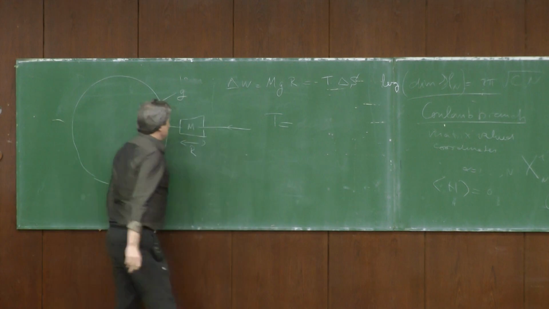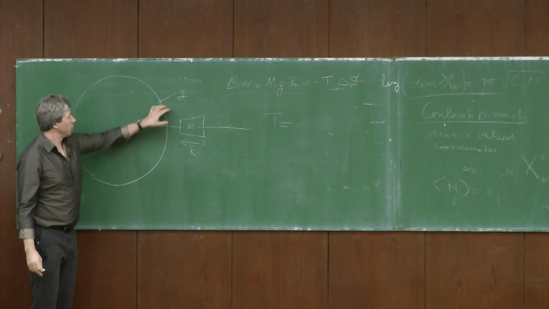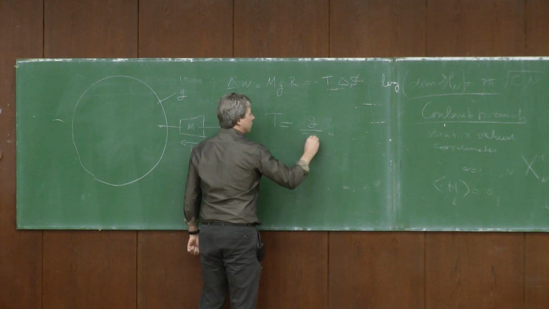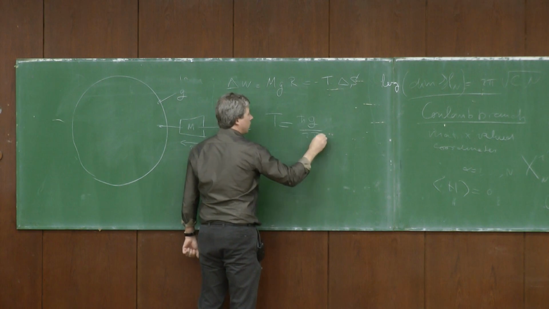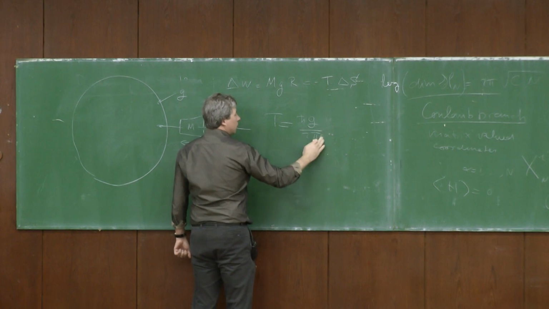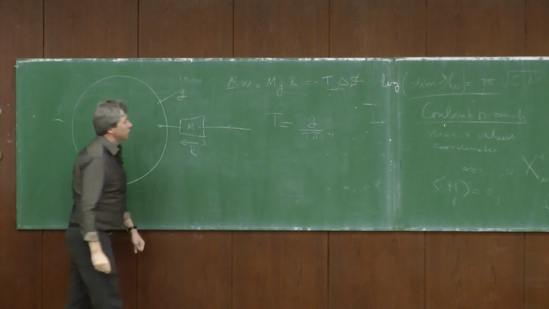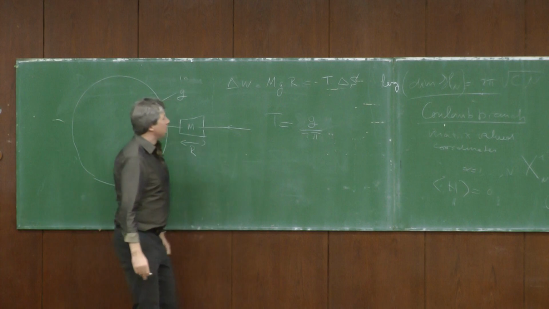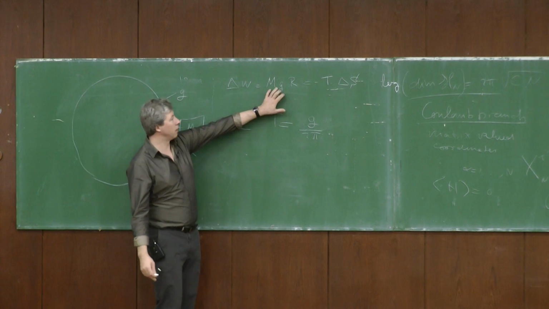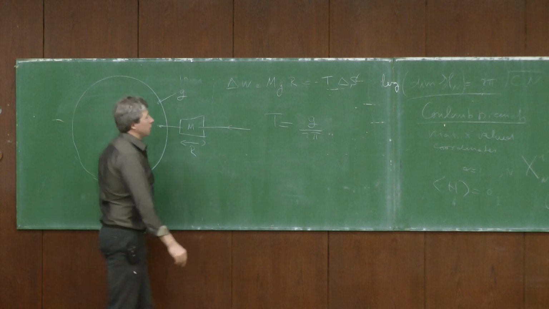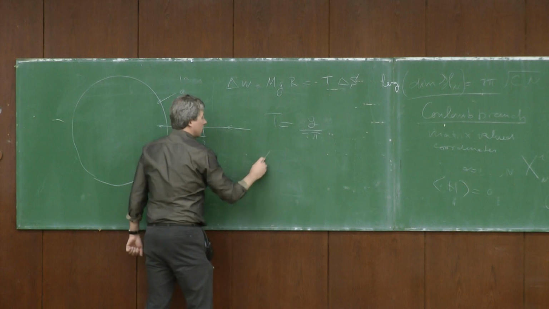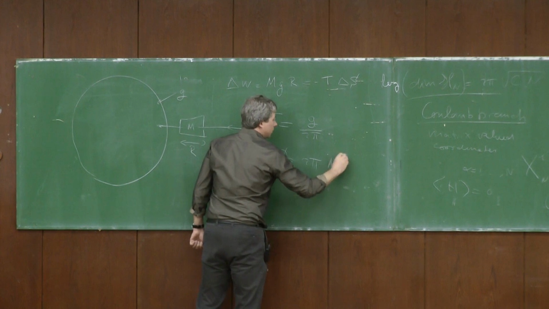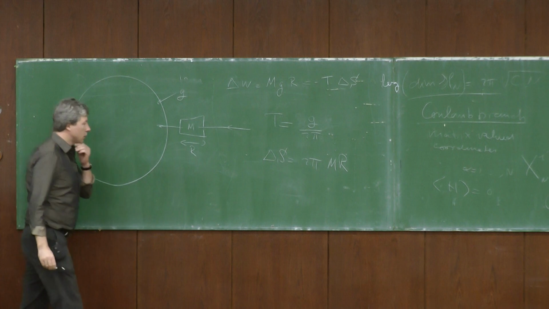The Hawking temperature of a black hole, where the acceleration at the horizon is equal to g, is equal to g over 2 pi. If you put in constants, there's an h bar and a c here, but let me just work with those constants equal to 1. So you know that the temperature is proportional to the acceleration. So what you get is that there's an easy way to calculate delta S. It's equal to 2 pi times m times r. So this is called the Bekenstein bound.